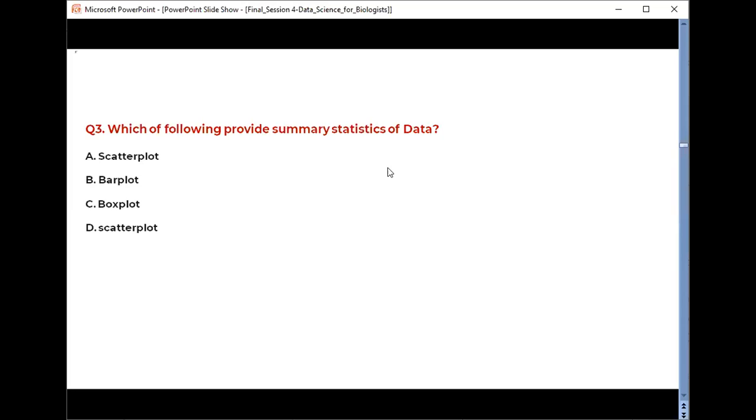Yes, you're absolutely correct. That is the box plot that provides summary statistics of data. It provides us the minimum and maximum value, then the first quartile and the third quartile. Besides, it also lets us know what the different outliers in the data are.